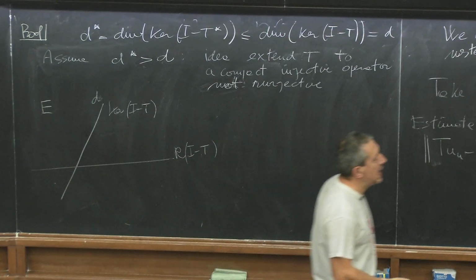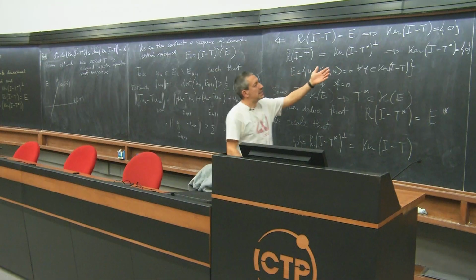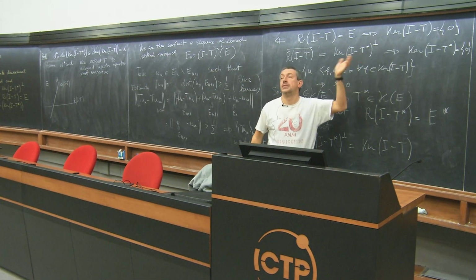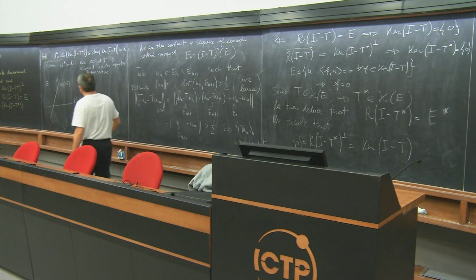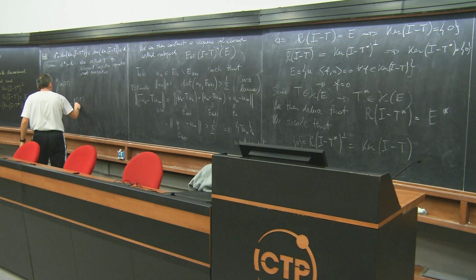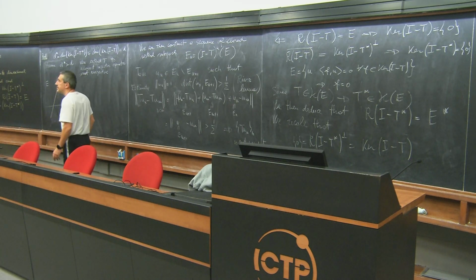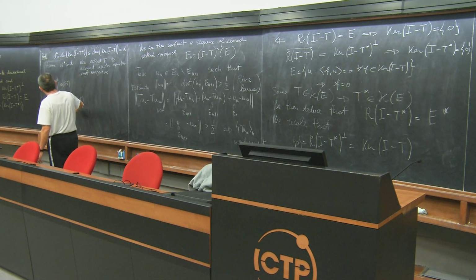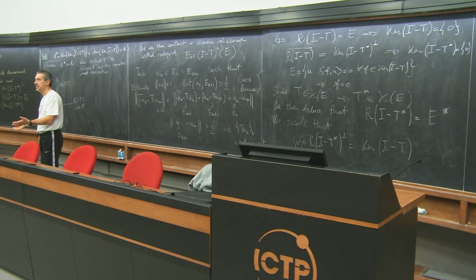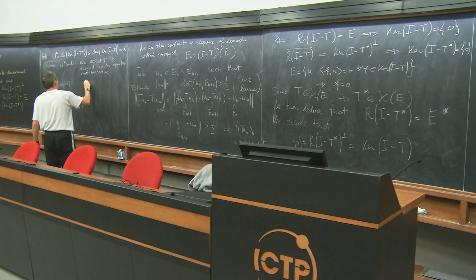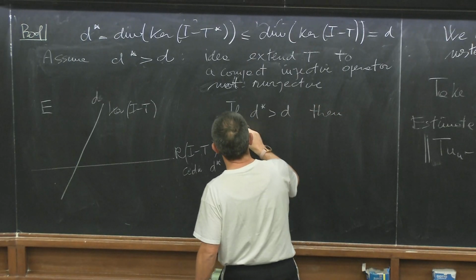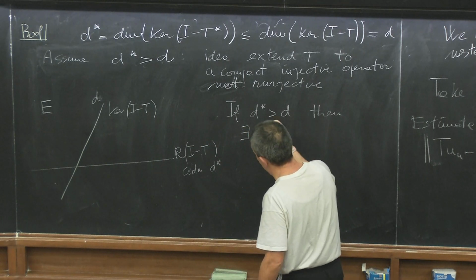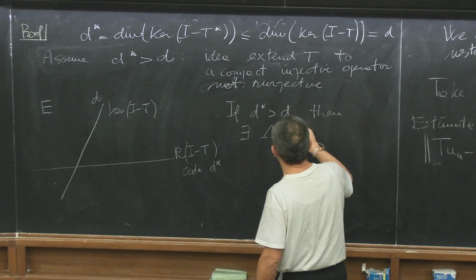And it is defined as the orthogonal of a subspace whose dimension is D star. Okay? So the range has a codimension D star. But now D star being larger than D, I have space. So if D star is larger than D, then there exists, let's say, an operator lambda, which maps the kernel